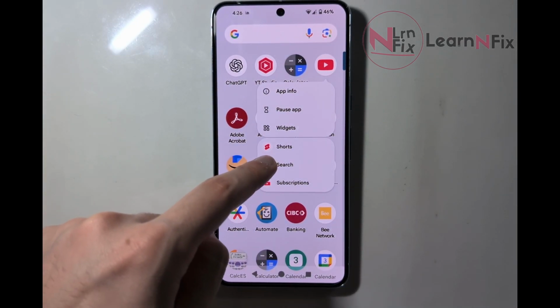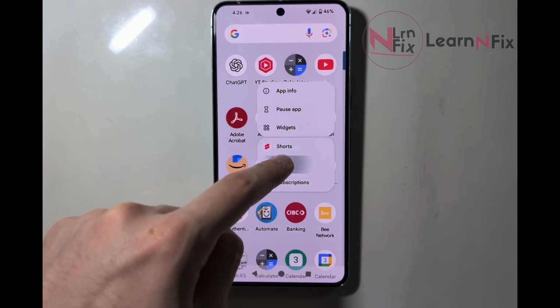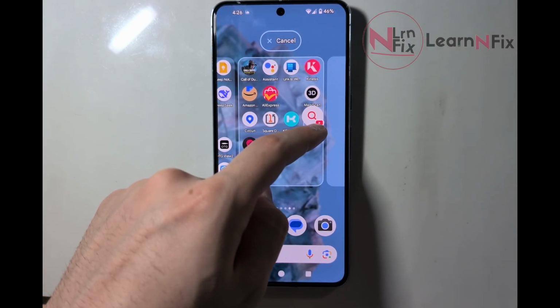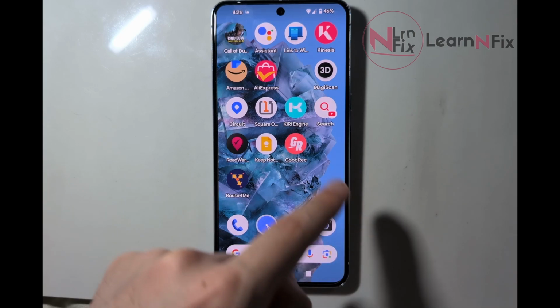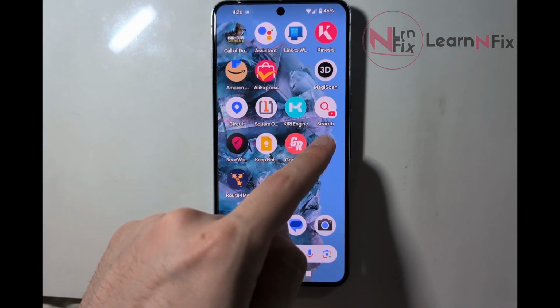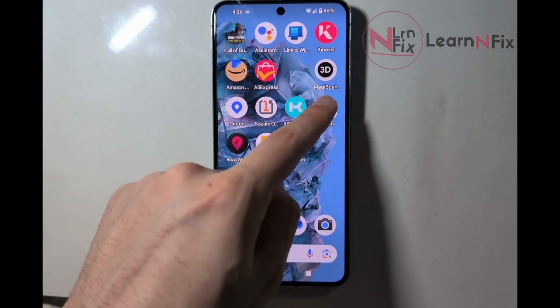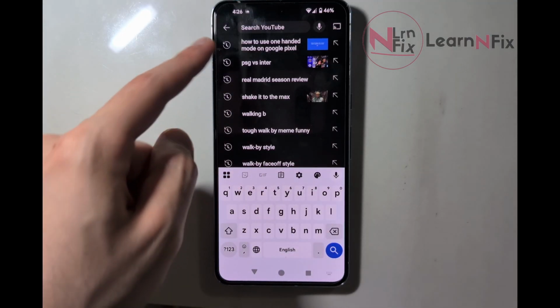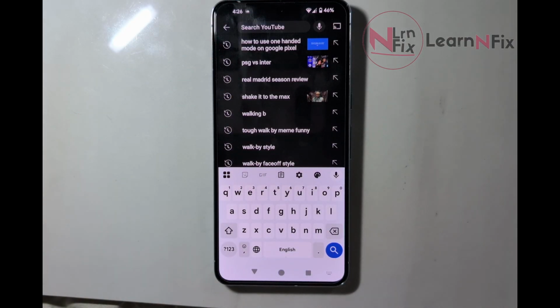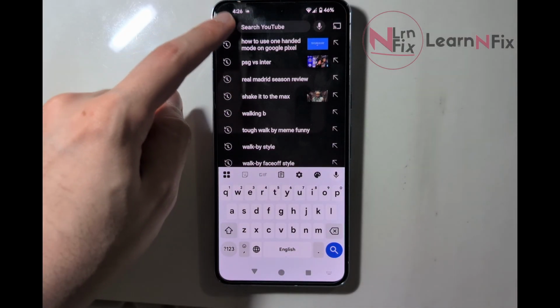For example, we can select the search, so tap and hold, and then drag it onto your home screen. Now this will immediately send me to the YouTube search. So if I go to YouTube, this will immediately send me to YouTube search. So if I go back here,